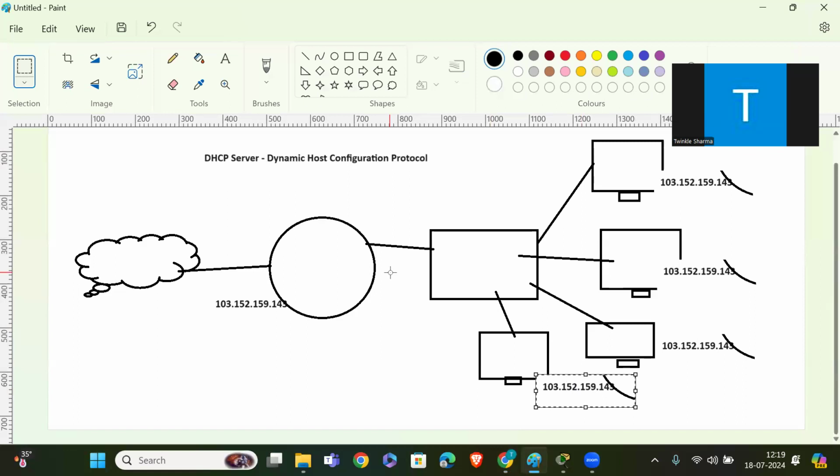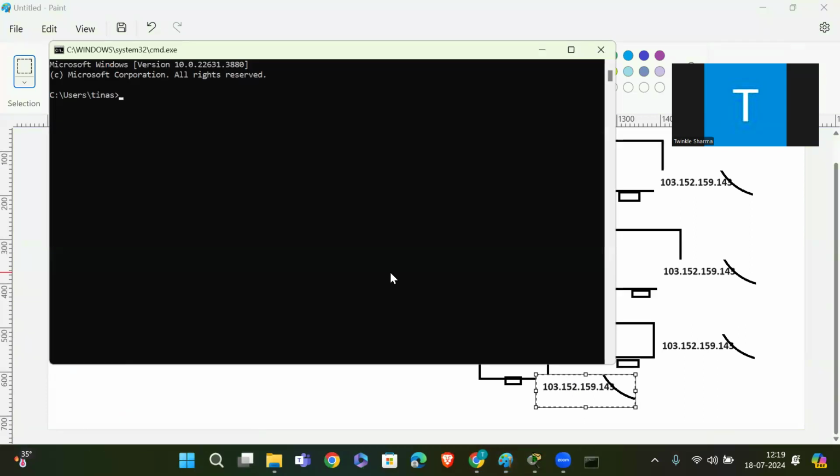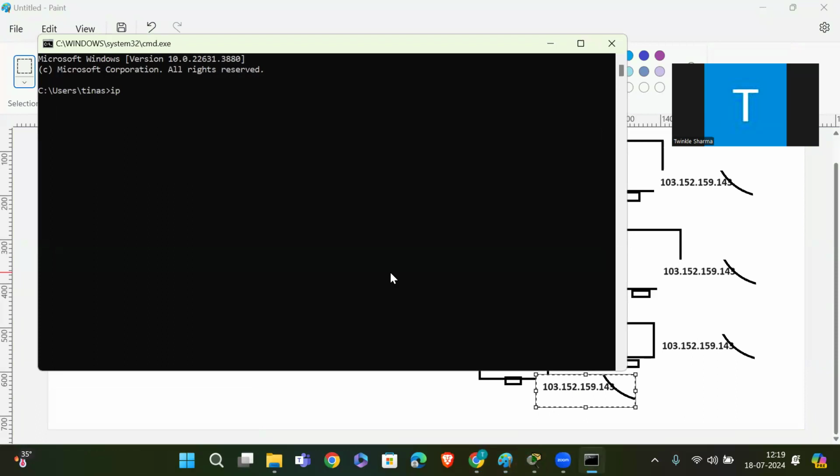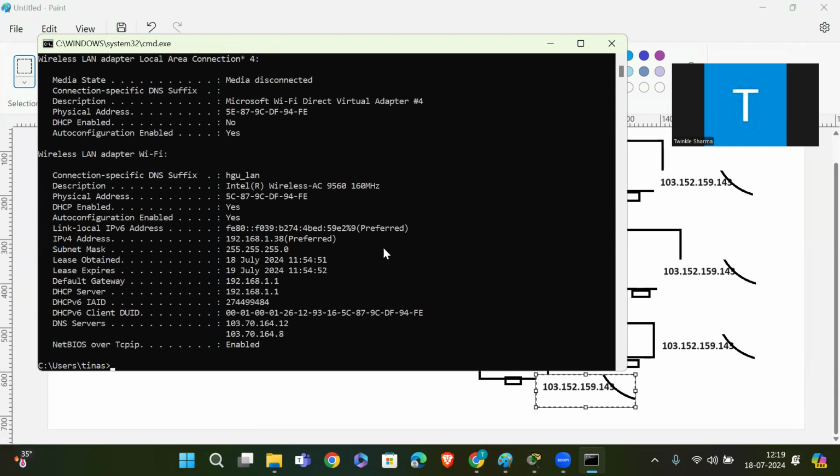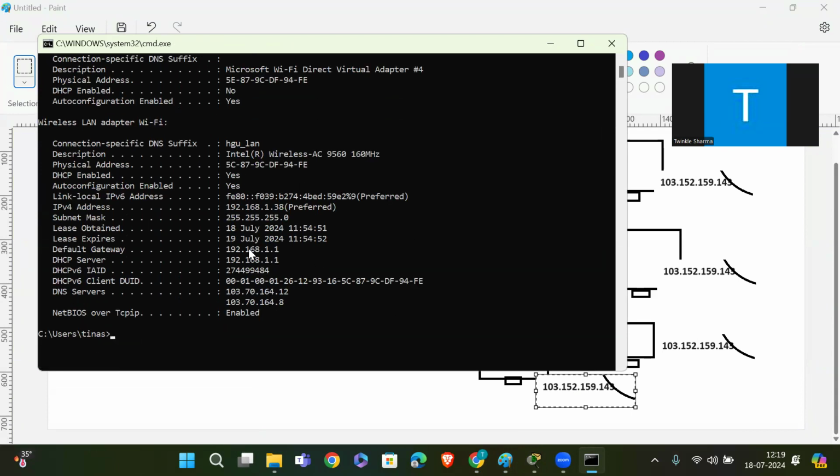Here, first I have to check my system IP address. Let me check it. Command: ipconfig /all. Okay, so this is my system IP address.